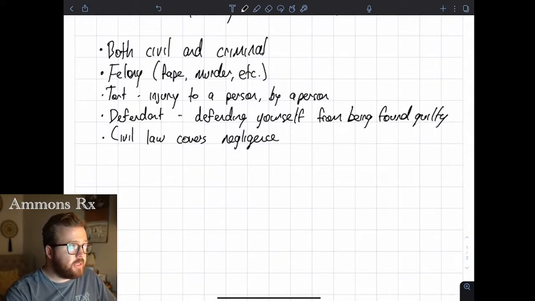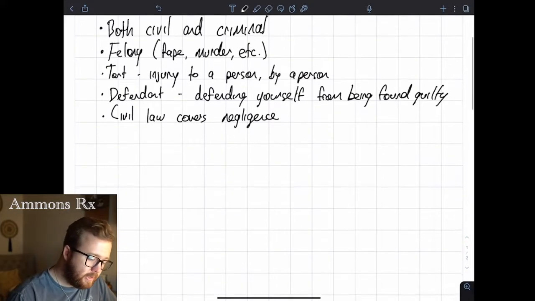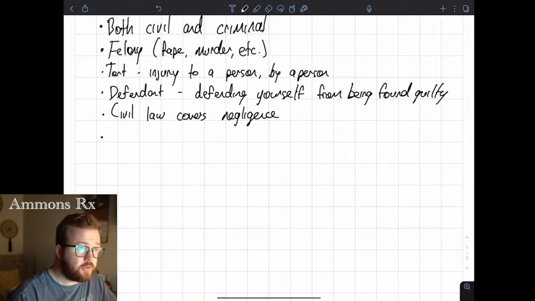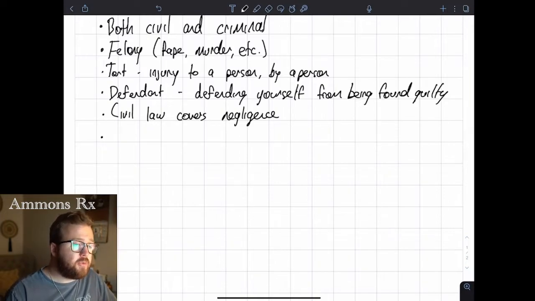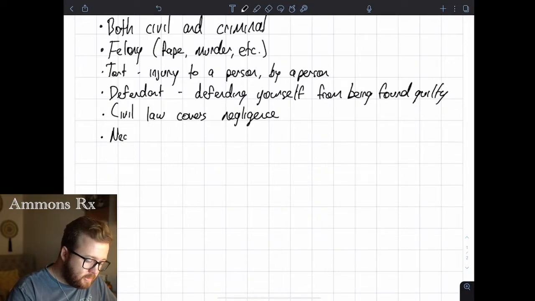Failure to exercise reasonable care is referred to as negligence. I think I talked about that in our exam 1 review. Anything that is basically not doing your job, or not doing your job adequately, could be described as negligence. So negligence